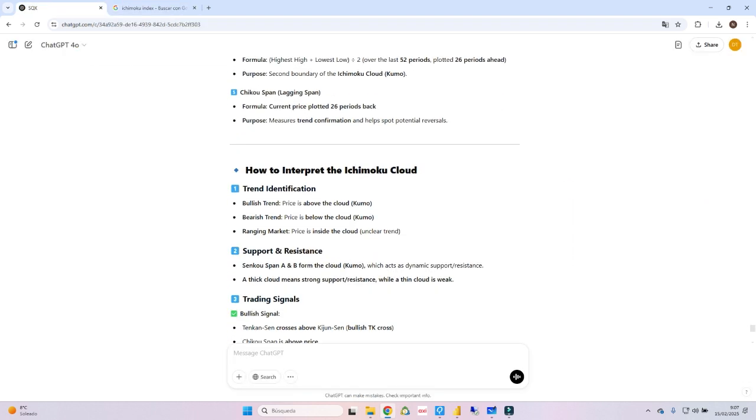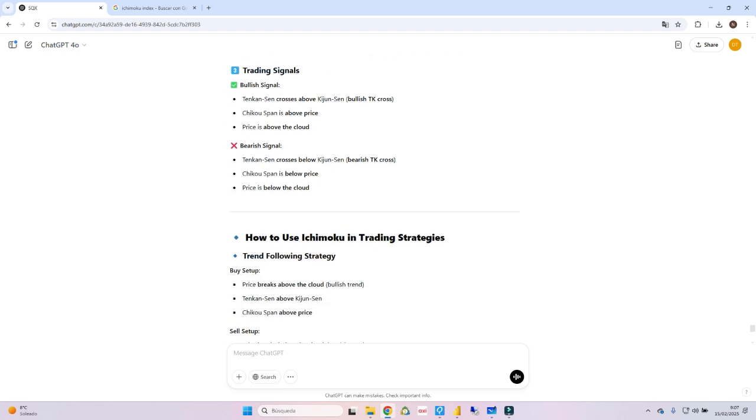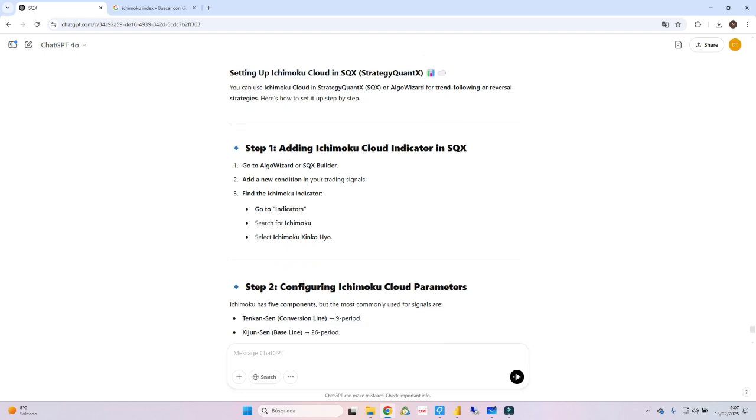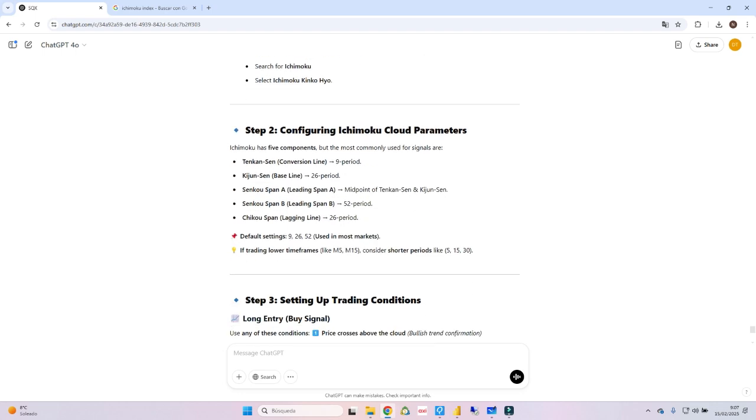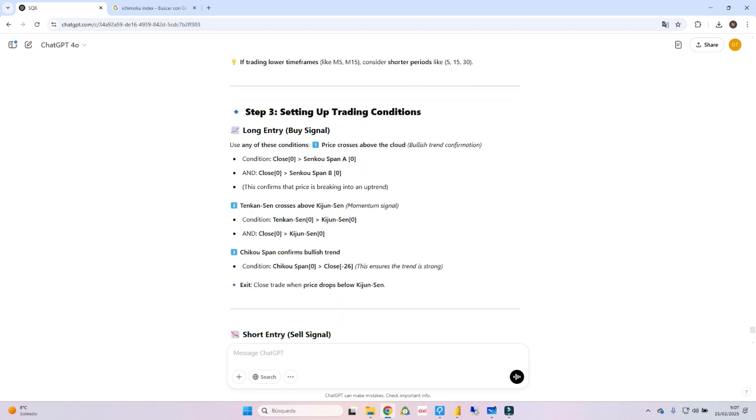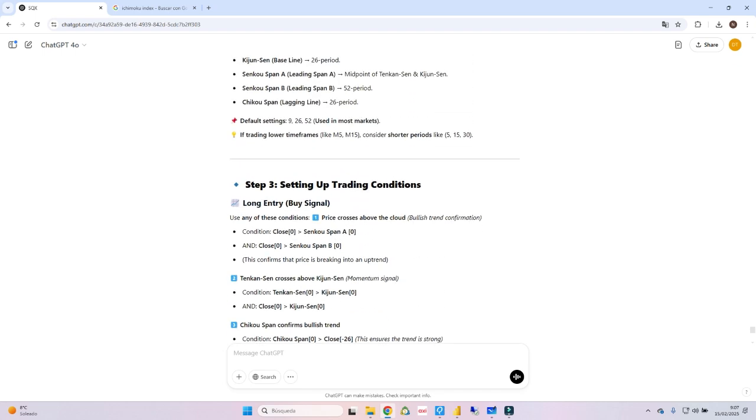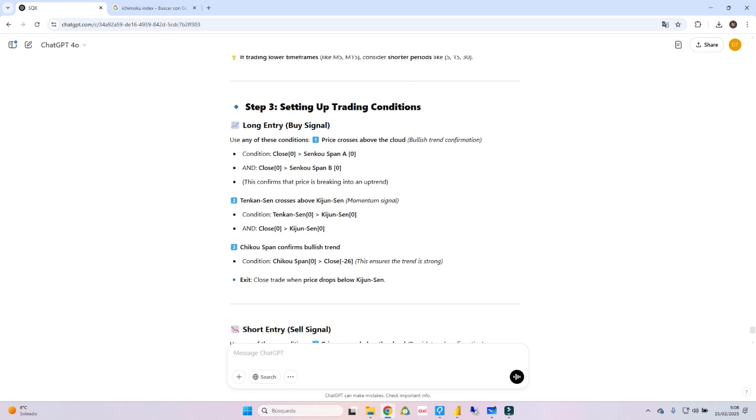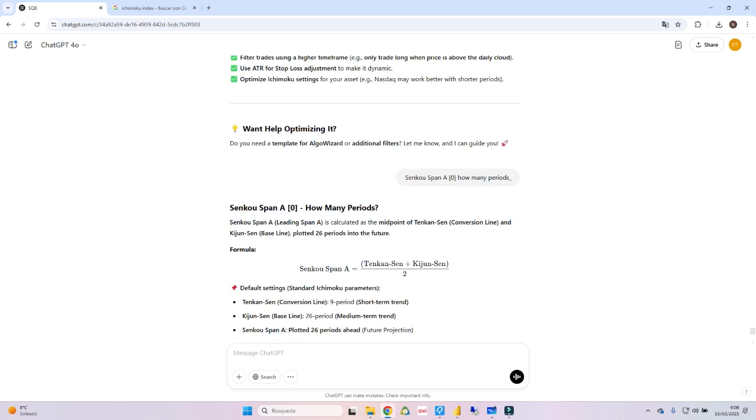ChatGPT proposed to configure buy signals, and proposed 3 buy signals, right? I chose the first, which is that the close of the current candle is greater than Senkou band A. So the first question I asked ChatGPT is how many periods, because it's telling me that it's 0,